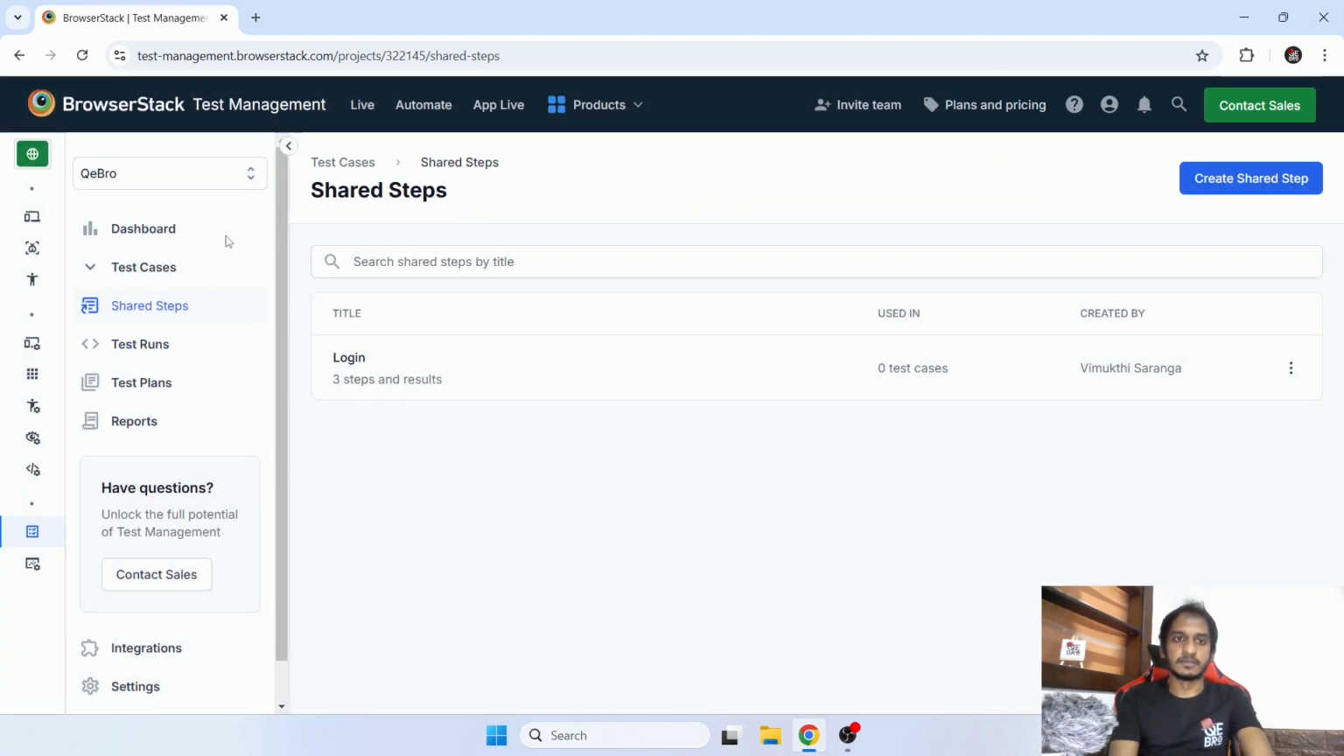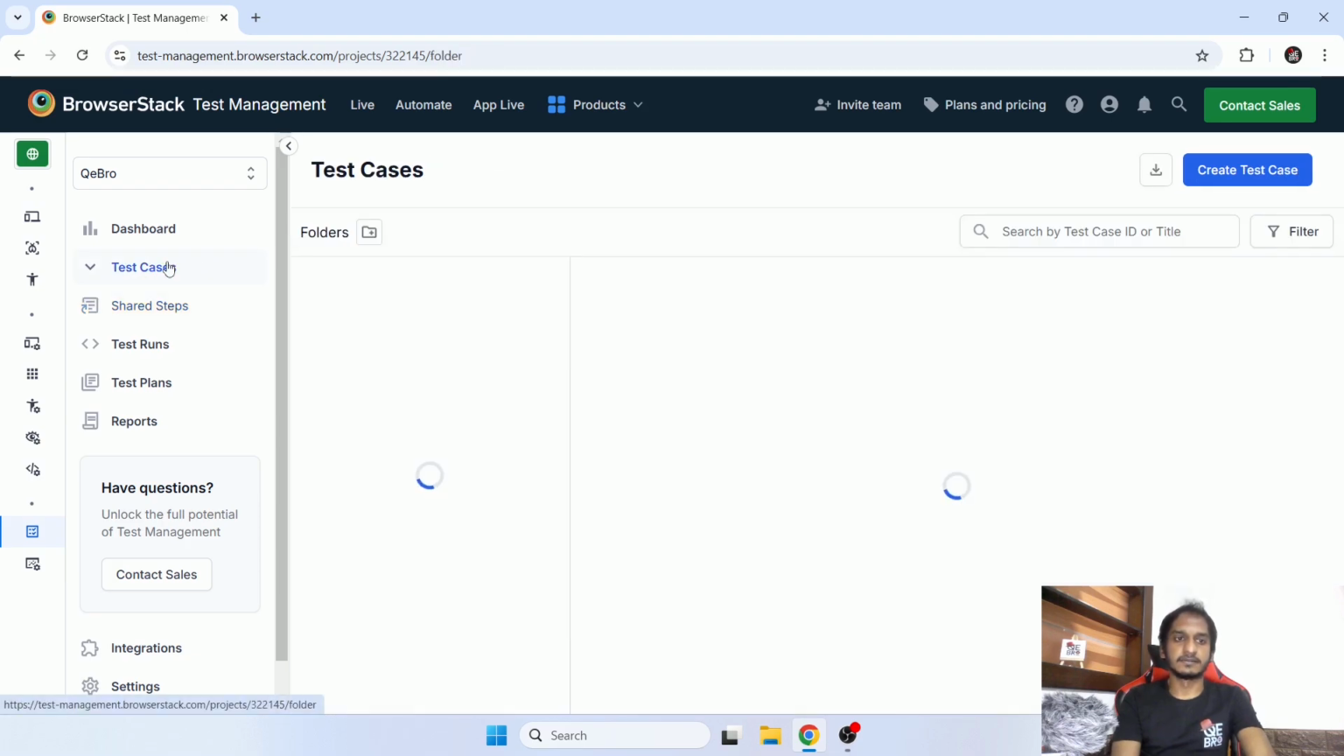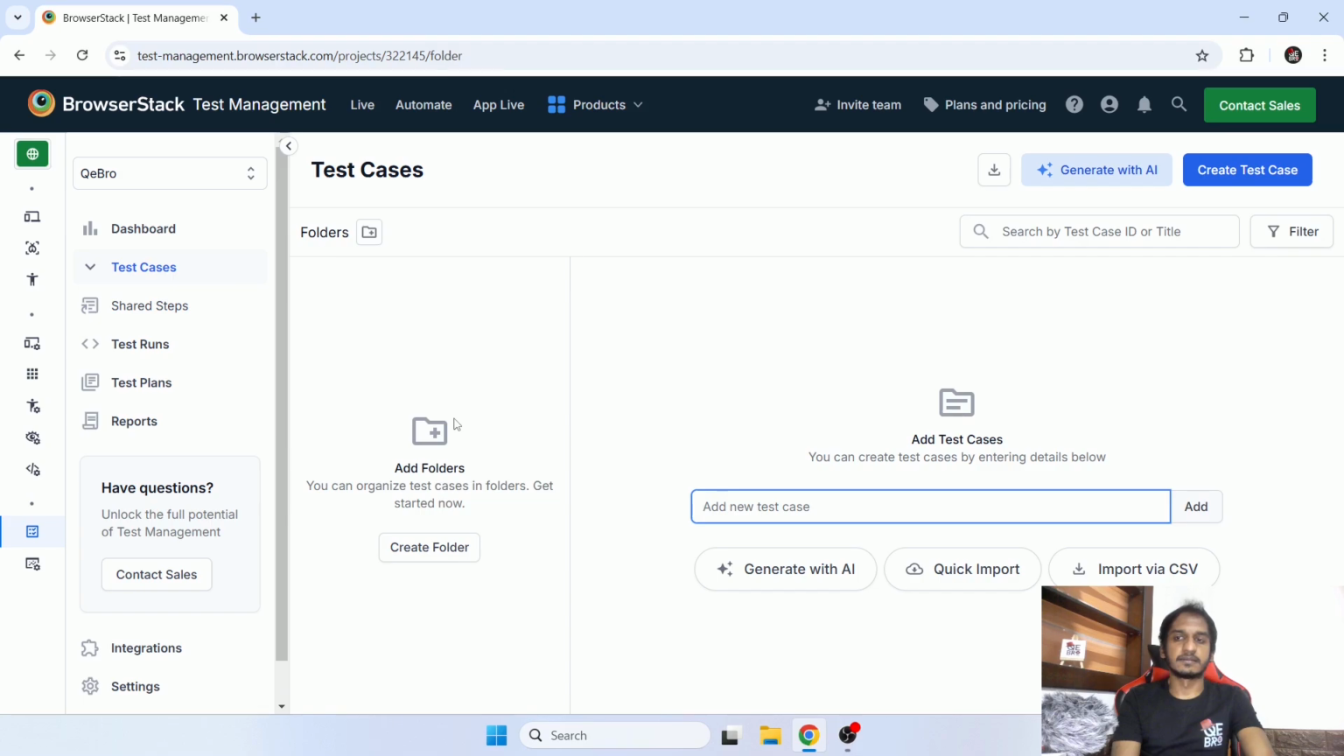Okay, now you can see my shared step was created, and here you will see two options to edit and delete, and also, again, if you want to create shared steps. And also here it shows used in how many test cases, currently 0 test cases, and it has 3 steps and results. Okay, then we can go to the test cases, and here we can start creating our test cases,